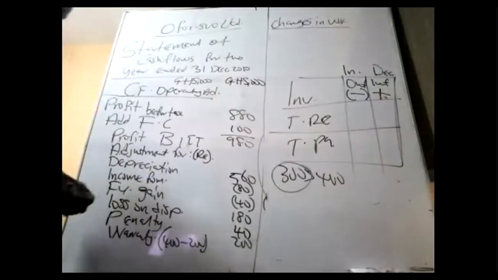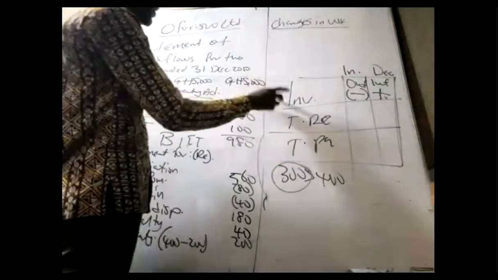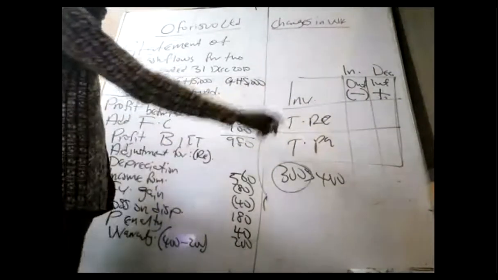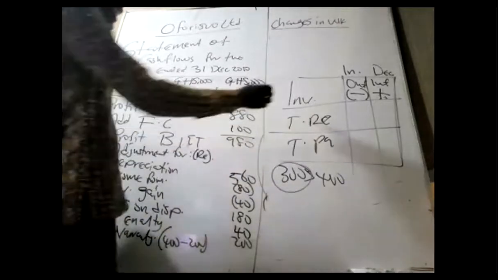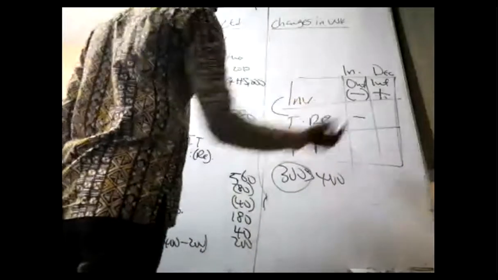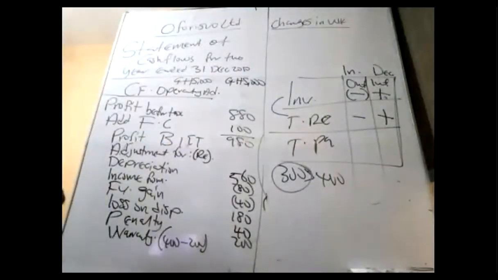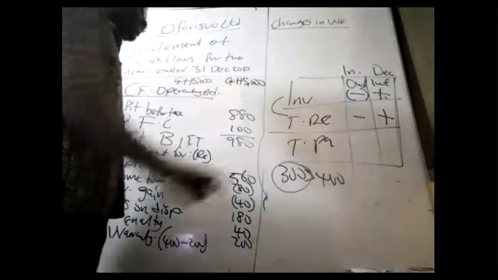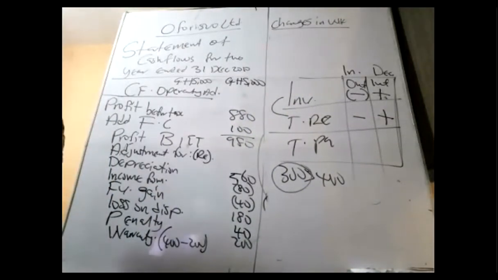That is all. Now, take this shortcut. Whatever is true for inventory is also true for trade receivable because all of them belong to the same family, the same class. They are what? Current assets. When trade receivable increases, it's an outflow. When it decreases, it's an inflow. So I don't need to learn for this, learn for that. Just learn one, and then use this shortcut to be on your way.